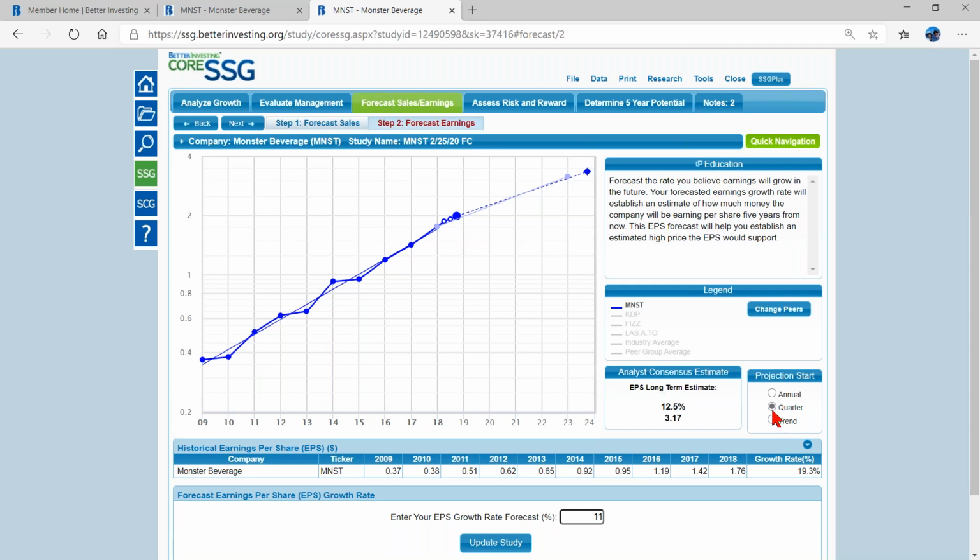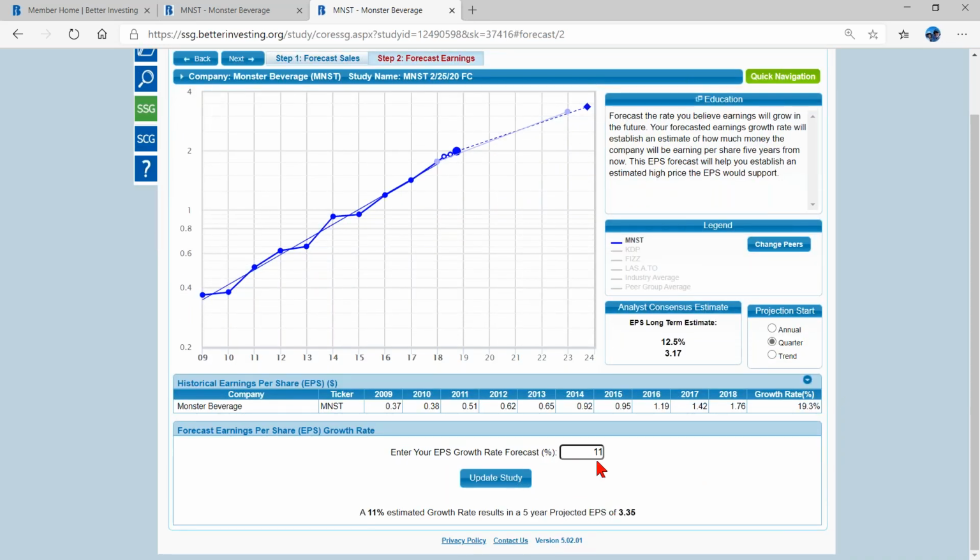So my projection start point, and actually the default that we have set in the tool, is to start the projection start point at the most recent quarterly figure. But there are options. If I were to select and change this to start from the most recent annual number, look what happens. I want to point out that at 11%, going from the most recent quarter, I'm going out a full 5 years out here to the